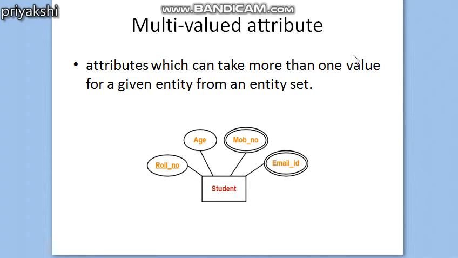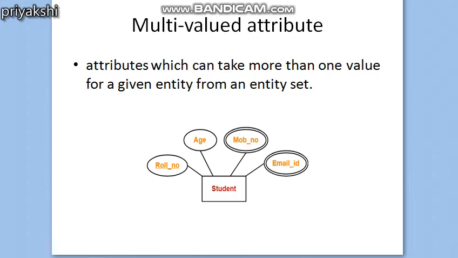If you consider a multi-valued attribute, one thing you have to remember is that a multi-valued attribute may have lower and upper bounds to constrain the number of values allowed for each individual entity. For example, the color attribute of a car may have between 1 to 3 values. So the range is between 1 and 3, and here we assume that a car can have at most 3 colors. So this is a multi-valued attribute.